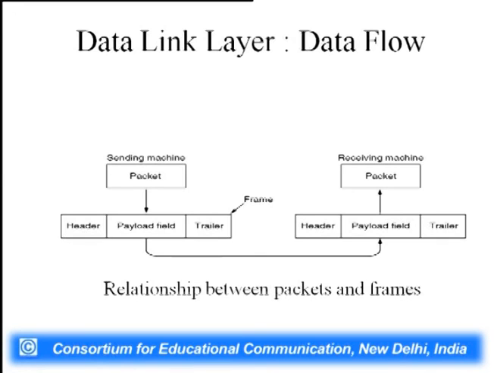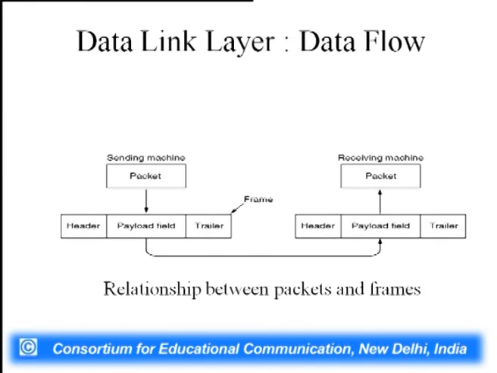That is not true. Reason? Because the packet size may be larger than the frame size. Then what do we do? That means a single packet coming from the sending machine, if you look at the left side of the diagram, the packet coming from the network layer of a sending machine may be divided into multiple pieces, and each piece